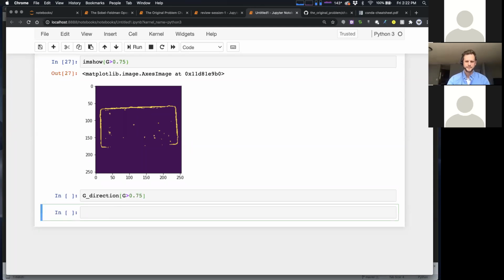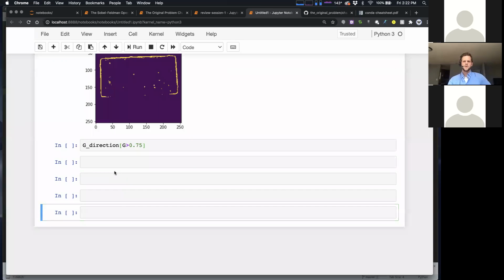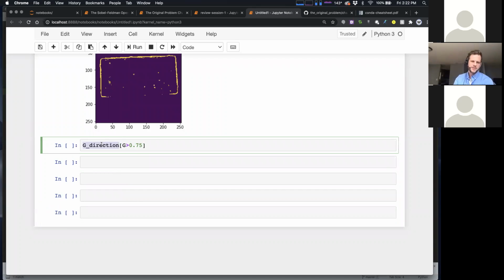Okay. So what is this going to do? G direction of G greater than 0.75. Can anyone tell me in the chat, what am I doing with this line of code here? So what I'm doing is sampling.